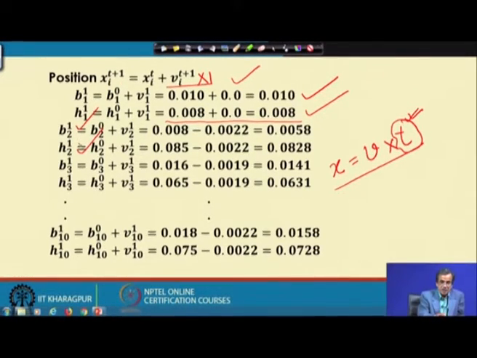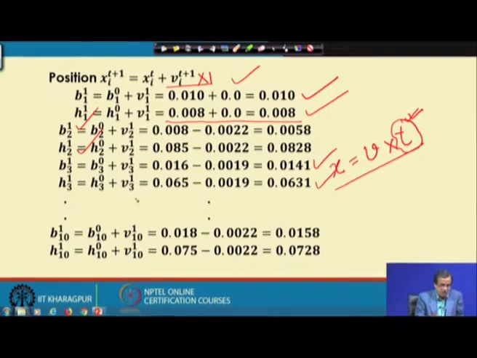That means, in terms of B and H, these two design variables of the second particle in the next iteration. Similarly, for the third particle, I can find out the updated values of the design variables, that is B3(1), H3(1).